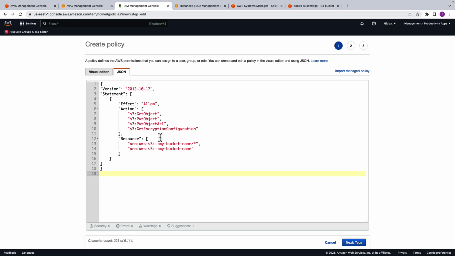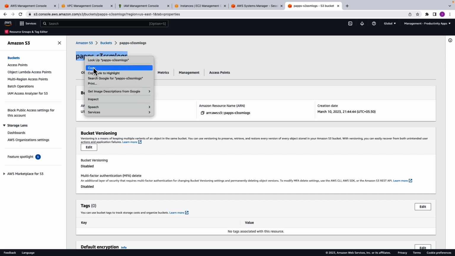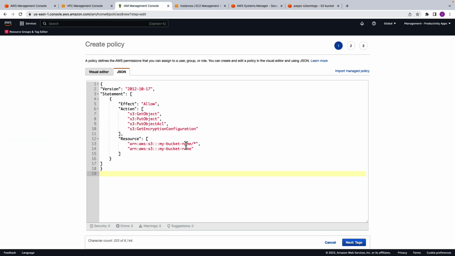But essentially this is an important policy that's going to allow that communication to take place, for those log data to be sent to Amazon S3. Okay, and ultimately what we need to define is the bucket that we are connecting to. So the bucket that we're connecting to is this one over here, that's the PAPS-S3 SSM logs. Okay, so we're just going to update the bucket name in there,